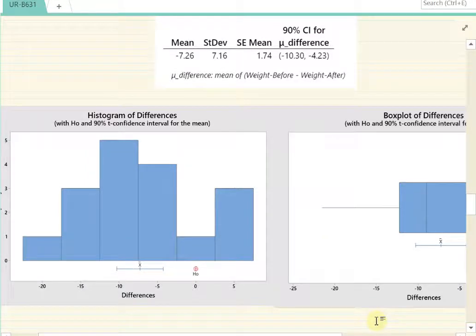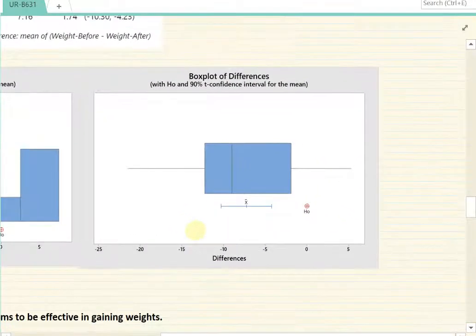And to the right of that is actually a box plot. Look at the box plot. It looks almost symmetric. For this to be the box plot of a normal distribution, this middle line, which is where the median is, should be in the middle. And that would have been exactly almost like a normal distribution.